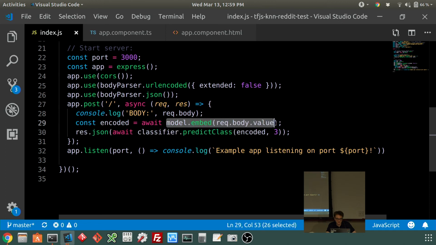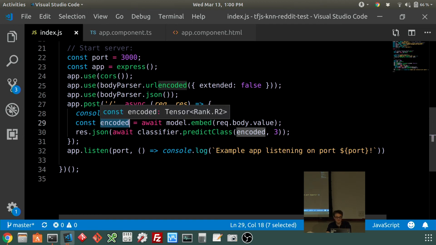And I'm calling model.embed. This is going to use the universal sentence encoder. And of course, that takes time, so it's an async function. So I'm awaiting it. And once I do that, I have my array. I think in this case it's a tensor, actually. Yeah, tensor. And this will be one-dimensional. So it thinks it's 2 dimensions, but one of the dimensions length is 1. And so if I pass that into my classifier with the,